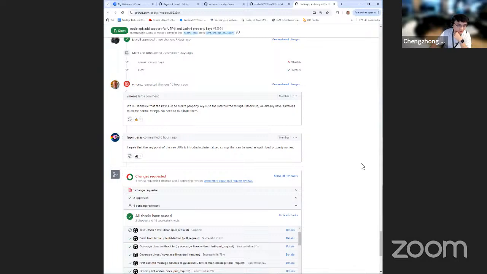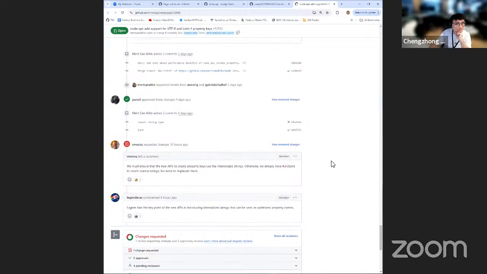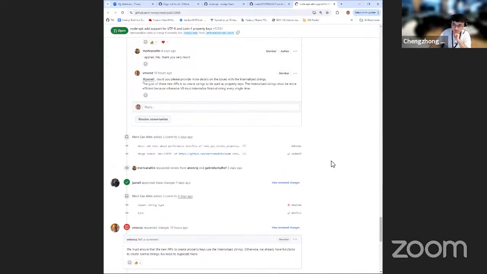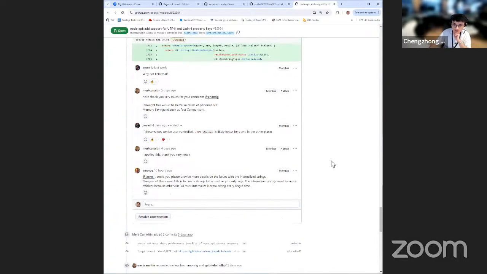So yeah, and Vladimir commented that we should still keep the internalized string instead of a normal string, because that would be a duplication with existing string APIs.